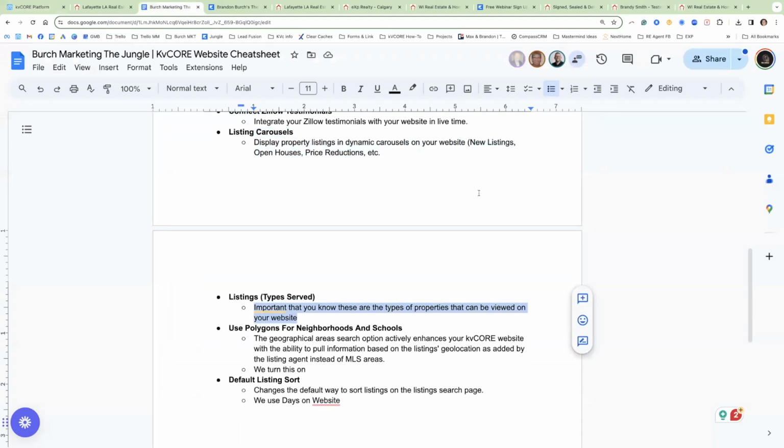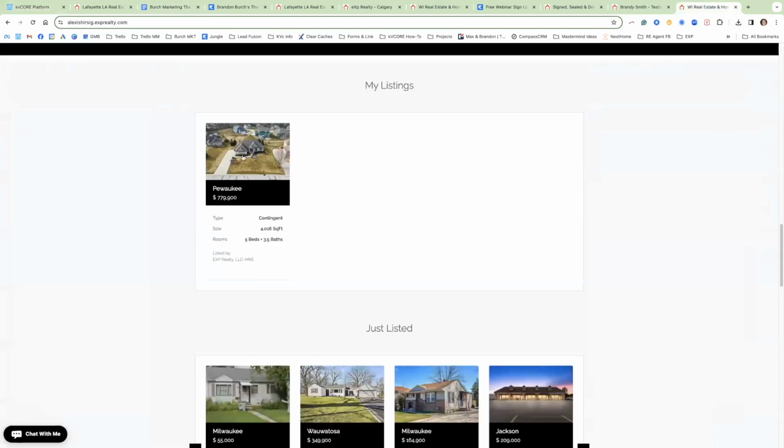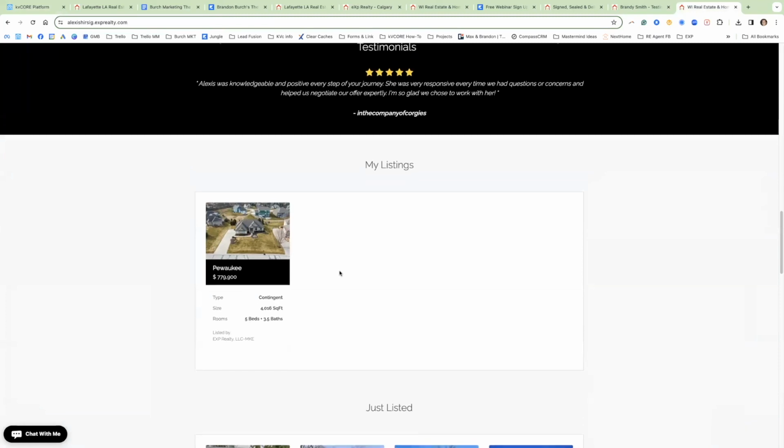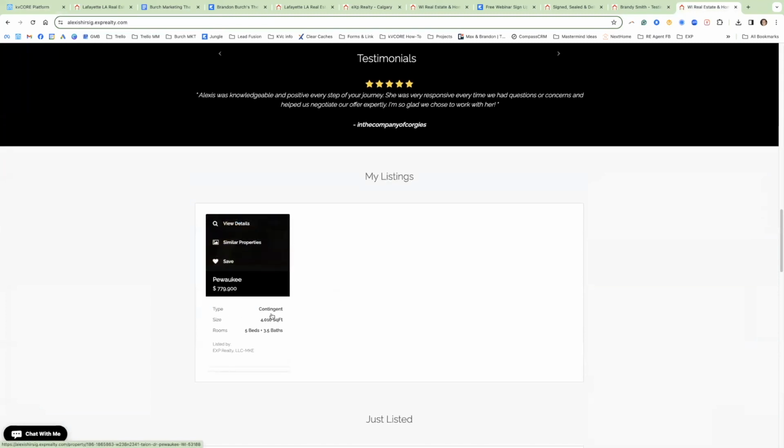Now, actually, that was a good example. If I go back here, this home, do you see how the type says contingent? So whatever you have it as in the MLS, your website is pulling that. So if you move it to pending or you move it to contingent, if you don't have what I'm about to show you selected, it's not going to show up on the website. And maybe that's okay with you. Maybe when that happens, you don't want it on your website. But if you do,